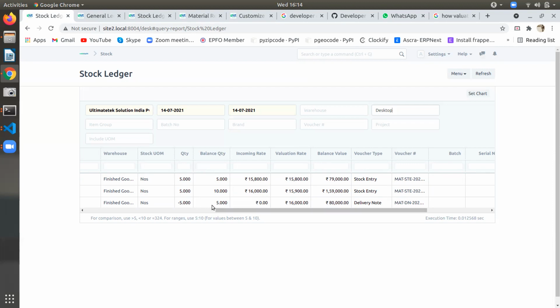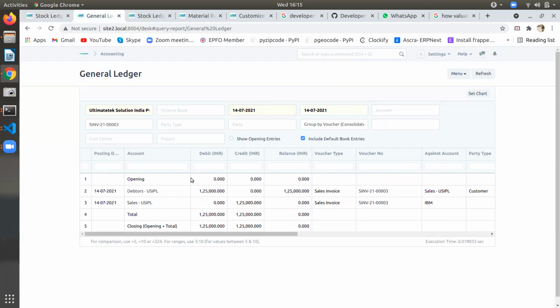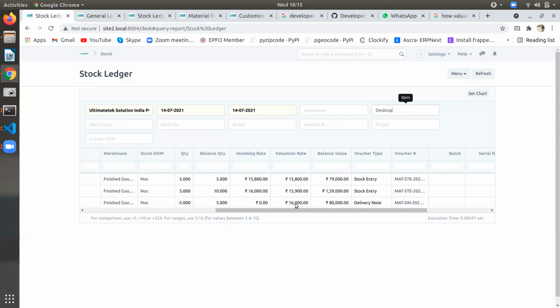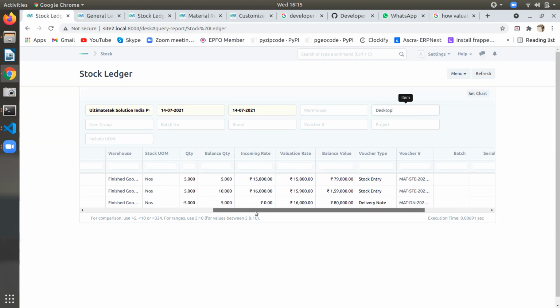This sales invoice has been made for how much? What is the price for that one? No, that's what I'm telling. Take the first transaction. You made 5 numbers at 15,800, so there were 5 quantity in the warehouse. Now you made another 5 quantity at 16,000.